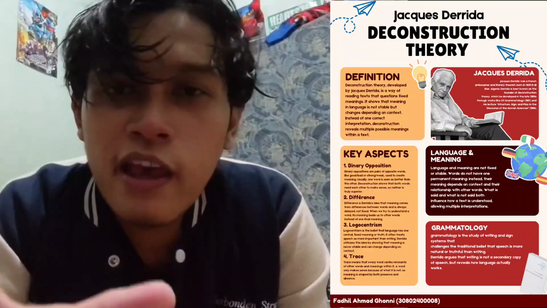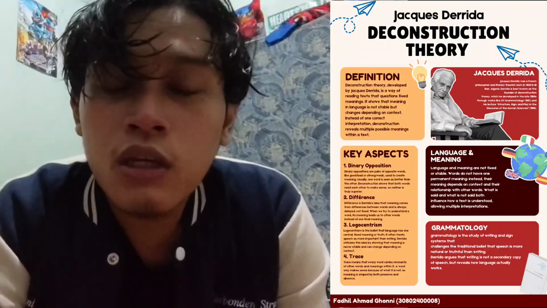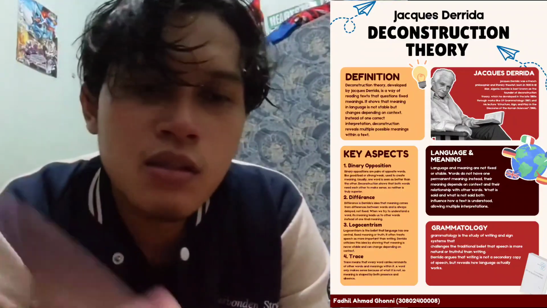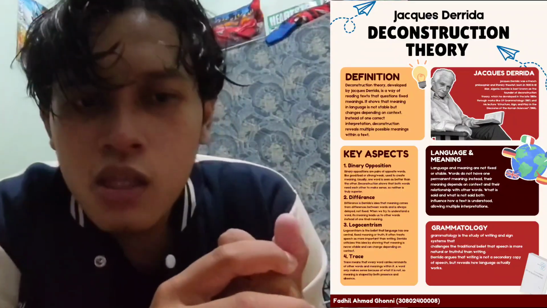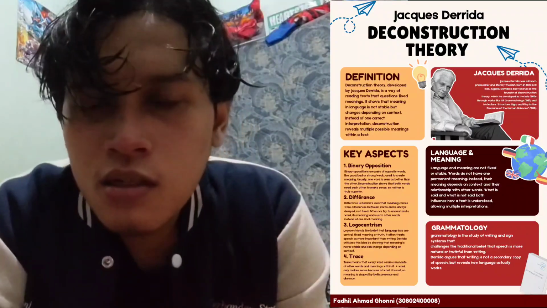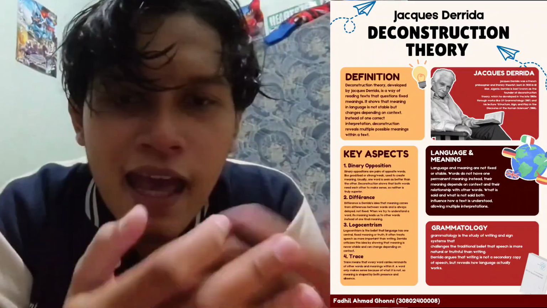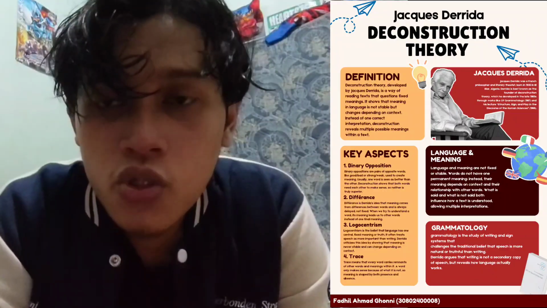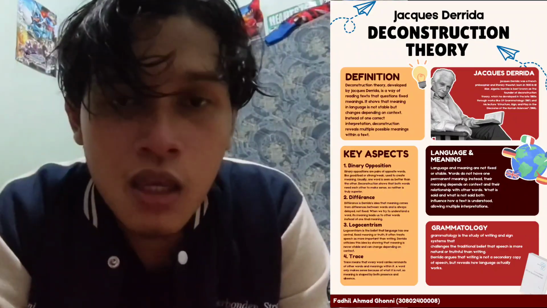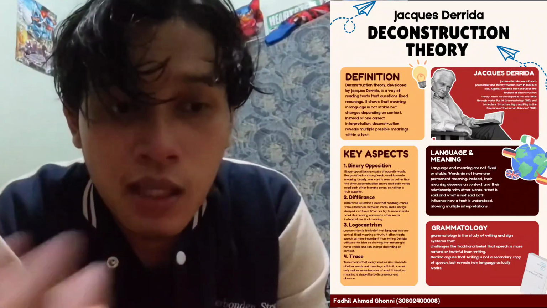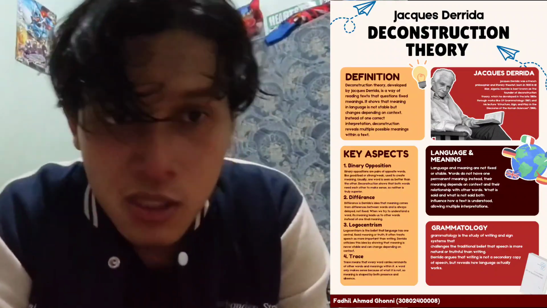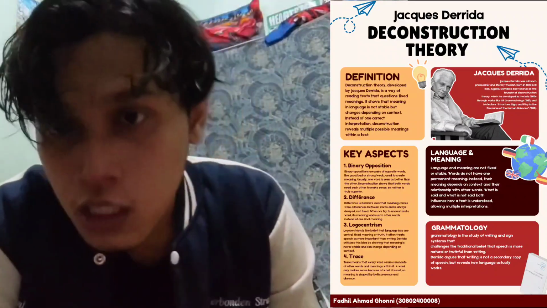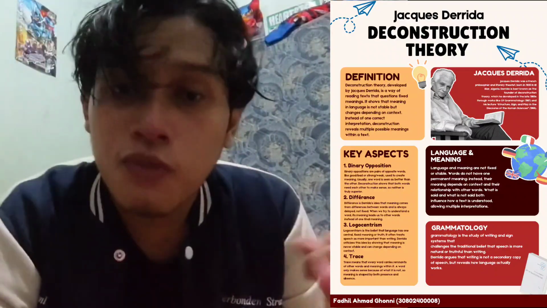Good only has one meaning, which is only good. And then Derrida comes with his deconstruction theory, which shows that this idea, logocentrism, is flawed. With deconstruction theory, he shows that meaning is not fixed and it can be changed depending on the context or depending on the usage, as I said earlier, on the binary opposition and the difference.